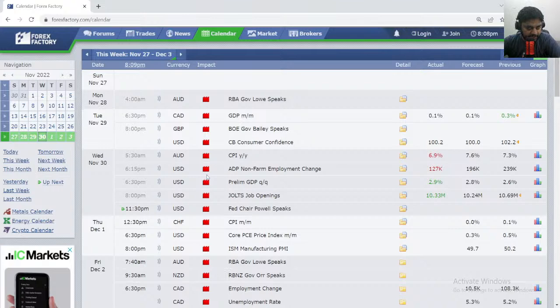So you can look at the news according to your time frame. And today the news which I just traded was Jolt's job openings. Just now, just 9 minutes earlier, this was the news which we traded. So you can take all the news from Forex Factory. The news are already announced. I mean, they are pre-scheduled over there. So you can go and see what types of news are gonna be announced.